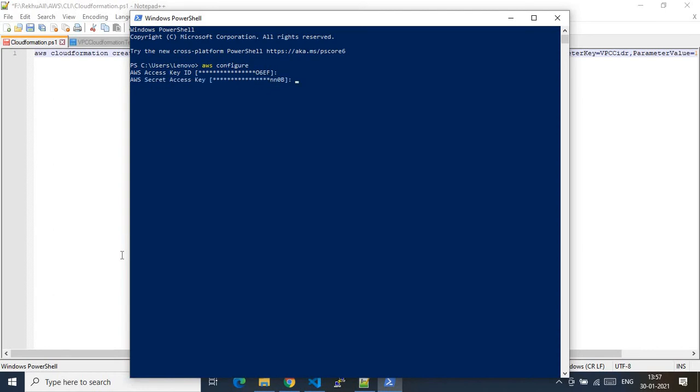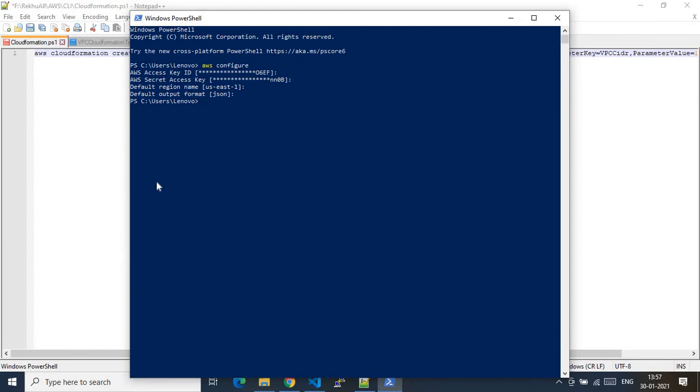So here you go. The secret access key is also shown by default, so I'm just telling it to use the default, nothing but the previously entered. Again, the region I'm choosing is US East, whereas you can change it. The default is US East 1. And after that, the output format is JSON. That's what I want, so that's what I'm choosing. That's it. We have successfully logged into our AWS account using the AWS CLI.